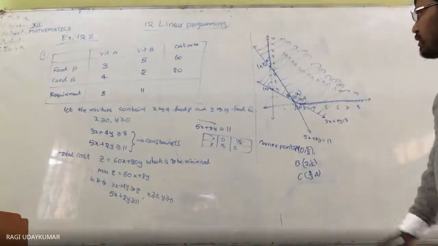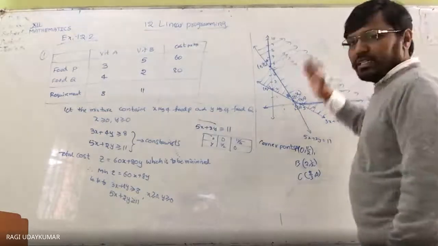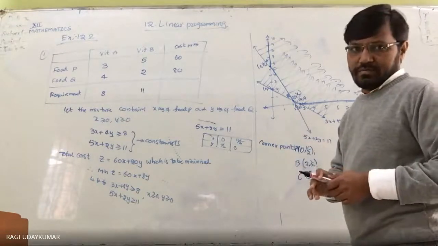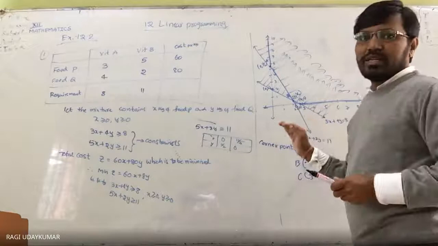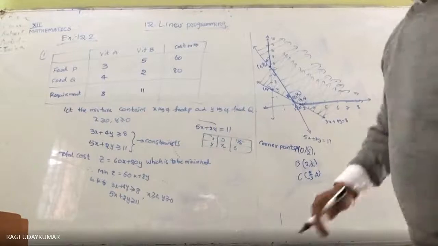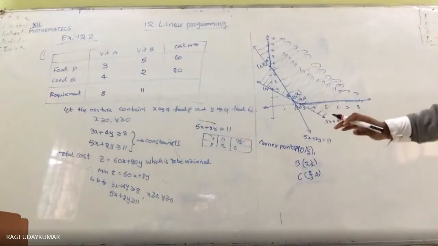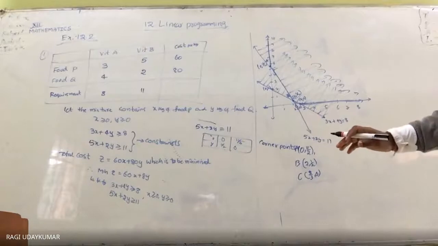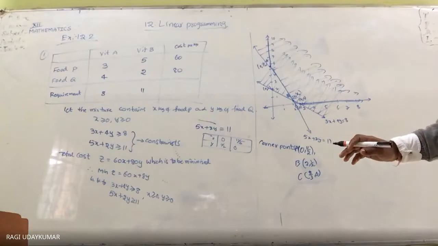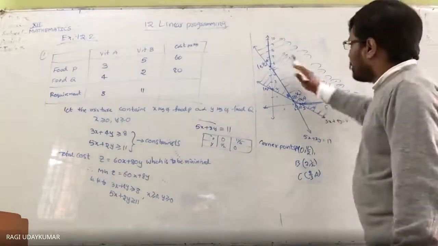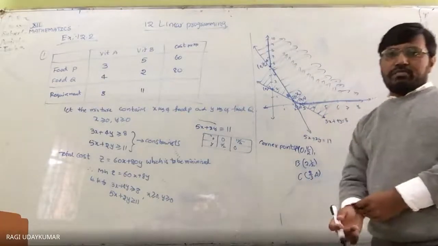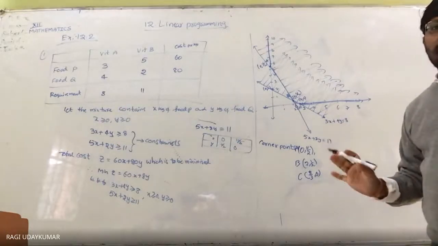The feasible region is nothing but the region which is common to both. That is called the feasible region. So here the feasible region is this region, whatever it is. Actually, this problem is an unbounded problem. Okay, but here you also need to know the procedure.